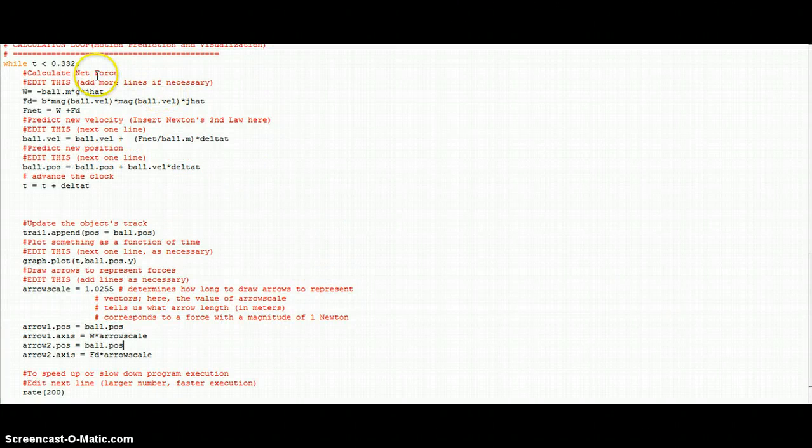The code was manipulated so that the final time was added along with the weight force, the drag force, the net force, Newton's second law, the updated time, the position, and the updated time, as well as arrows to show the drag force. The arrow scale was found by doing 2 divided by the mass times the gravitational constant. When run,